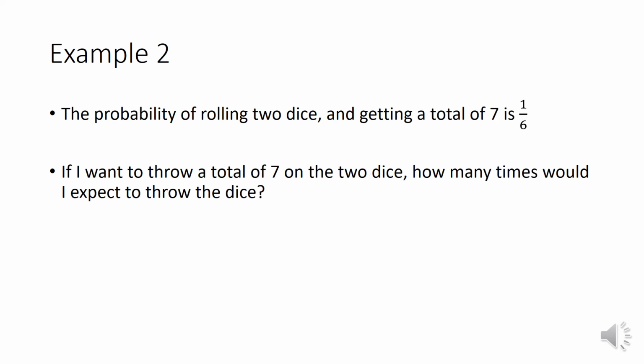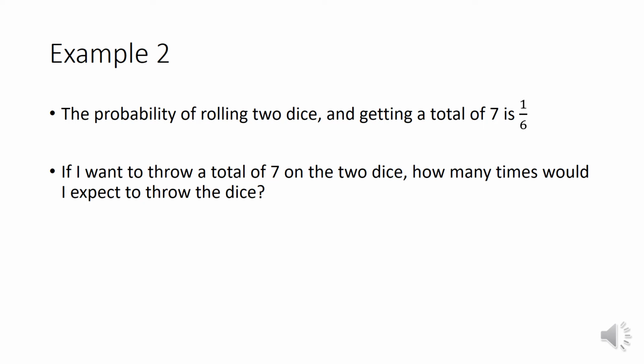So this one's a little bit different. We're going to use the same formula, but we're actually looking for a different thing. So the probability of rolling, if you want to pause by the way and have a go at this, you can do. Probability of rolling 2 dice and getting a total of 7 is 1/6. So again, you can work this out from a sample space diagram. If I want to throw a total of 7 on 2 dice,